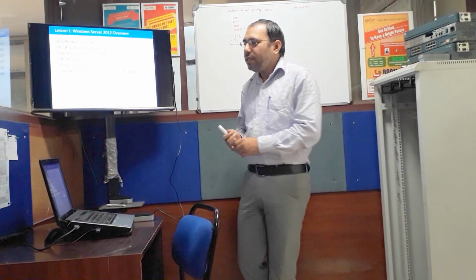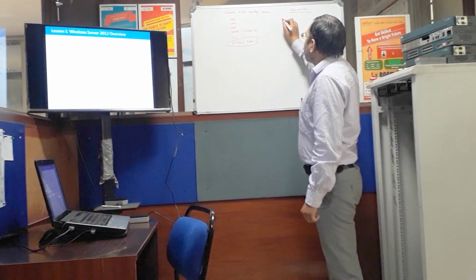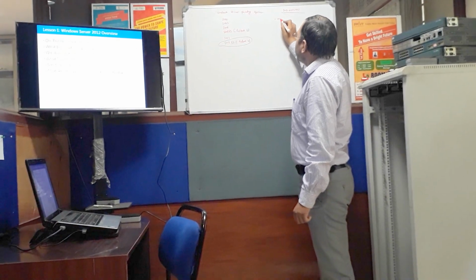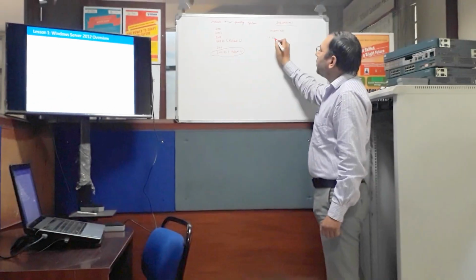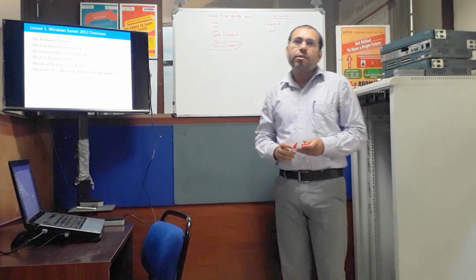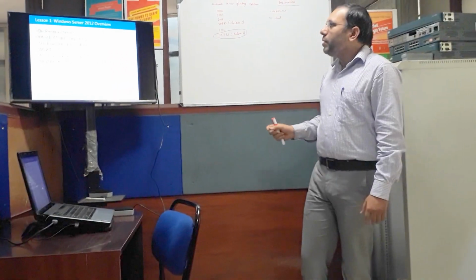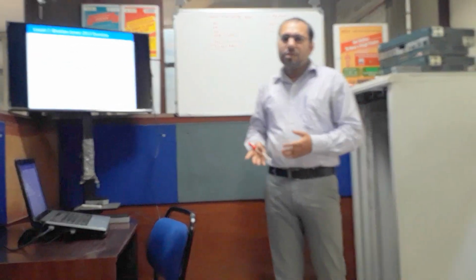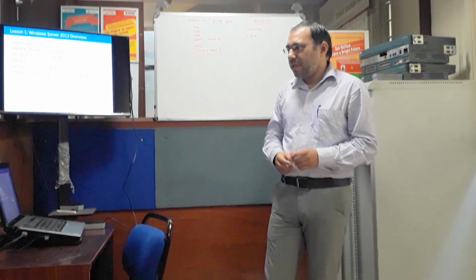Actually, today's world has two kinds of design. First is called on-premises, and second is called cloud-based, because today's world is very famous for the cloud and cloud computing. So we will be talking about how 2012 addresses these two kinds of infrastructure and what the difference is between these two.